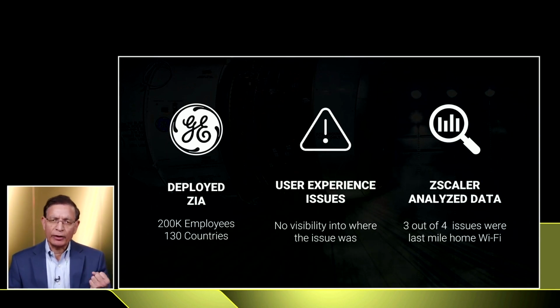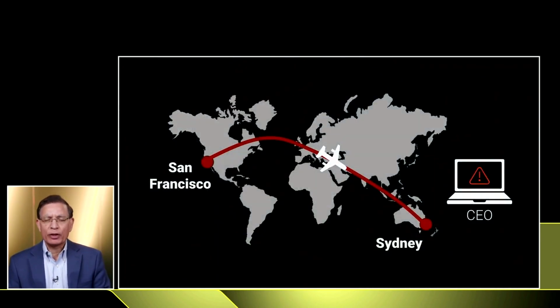They're getting a great experience. But every so often, there will be some issues somewhere along the path. We've analyzed data for some of our large customers. Out of 4 issues we hear about performance somewhere, 3 have nothing to do with Zscaler. It is an issue maybe with the last mile, perhaps it's Wi-Fi, or somewhere else. That actually led us to build a service.